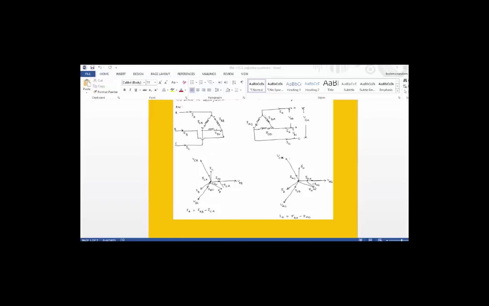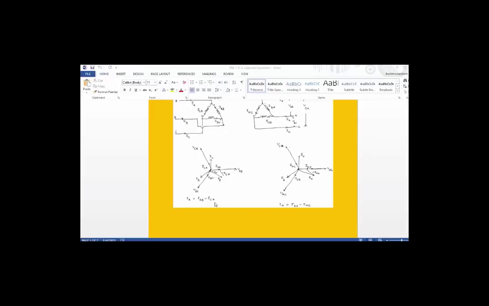Similarly, on the secondary side also we can draw the vector diagram for this dot notation. So here VAB, VBC and VCA, which are 120 degrees apart. As I said, the phase currents are in phase with the per phase voltages like this, but their direction is different. Here in VAB, the current flowing is IBA, and the VBC vector carries the current called ICB, and coming to the VCA vector will carry the IAC current.